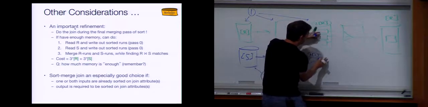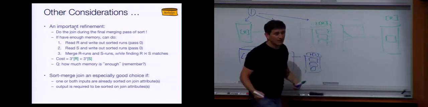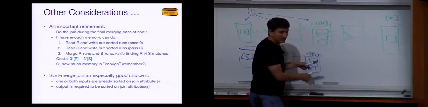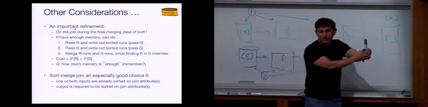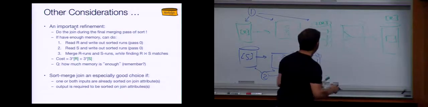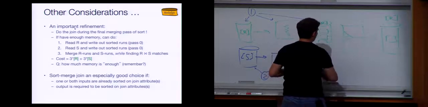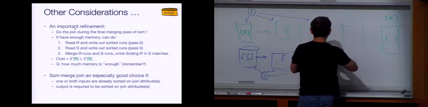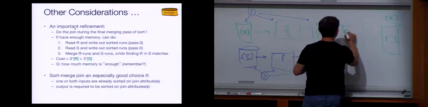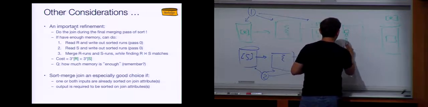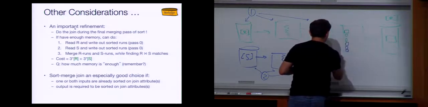Why don't we merge them and join them at the same time? So we're merging R's with R's, merging S's with S's, and then merge joining the RS streams together, all in one pass. Okay? So basically what we're going to do in memory here is we're going to have half the memory buffers used for merging R tuples, partitions of R, half of the memory buffers for S tuples, partitions of S,